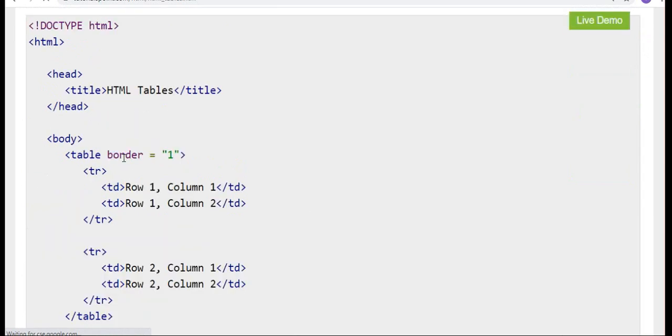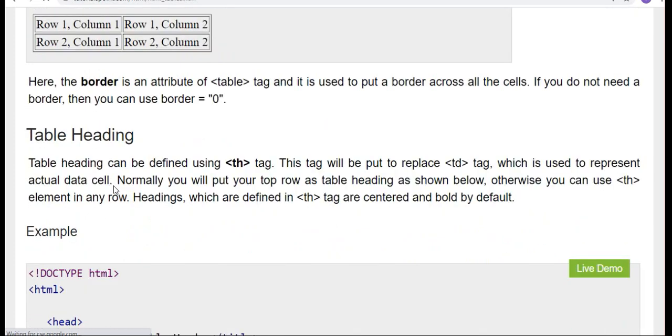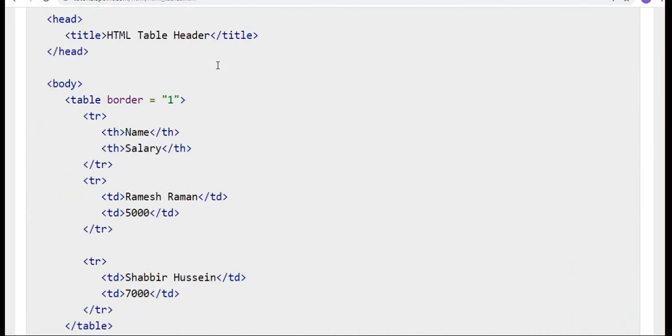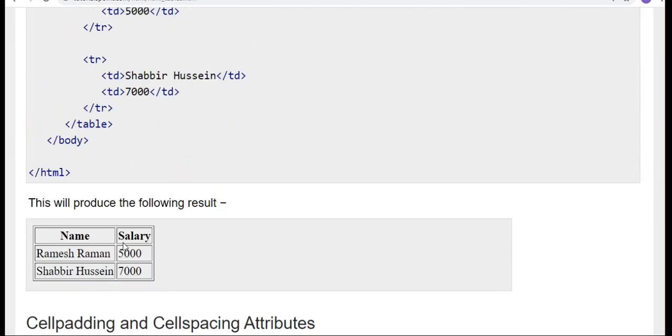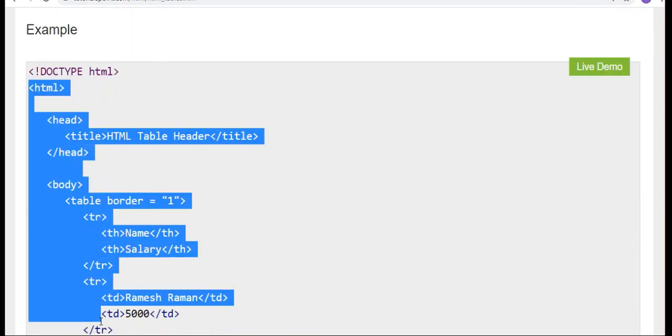The table tag starts with table, tr means table row, td means table data. The first row will be the headings, so we have one more tag called the th tag. th indicates table heading. If it is a table, name and salary are the headings. Next, this is one row and it is another row. If we want to create this table, what do we have to write? We'll see this example along with the output.